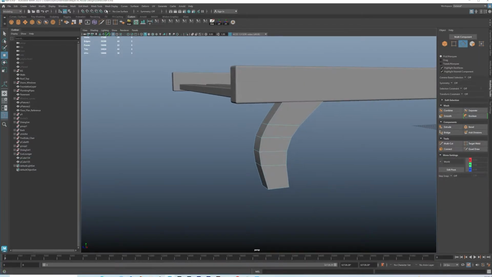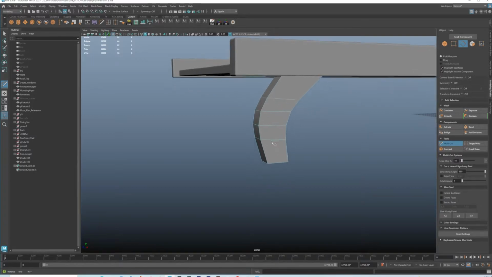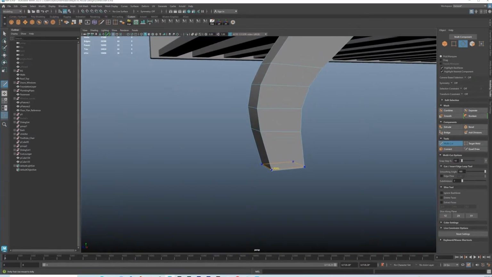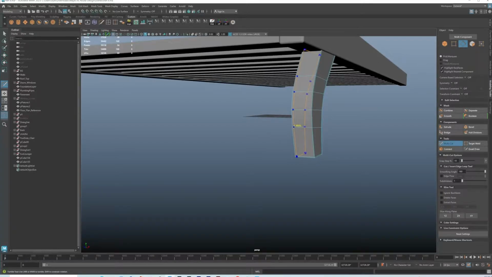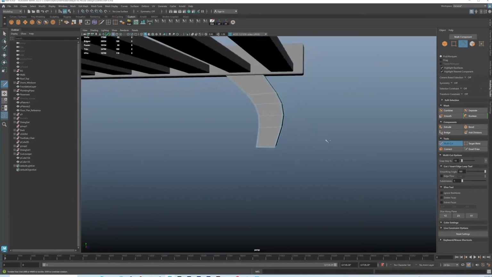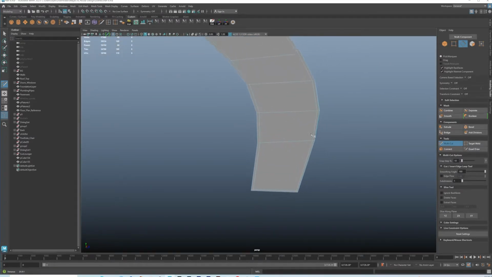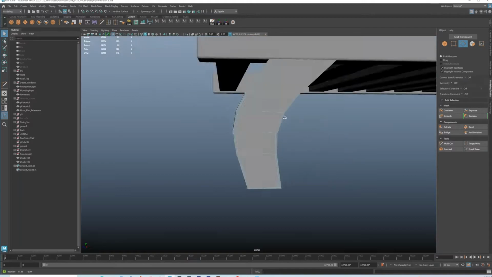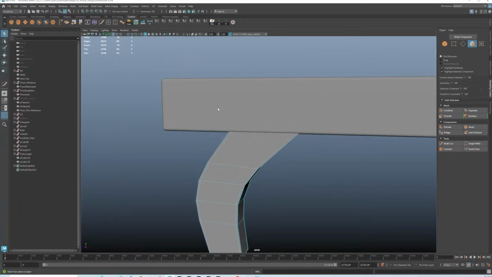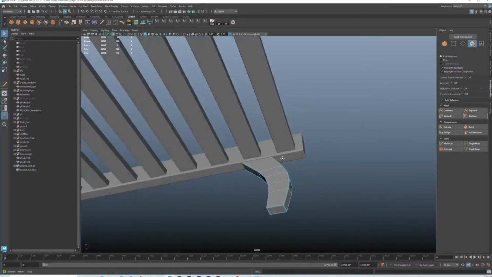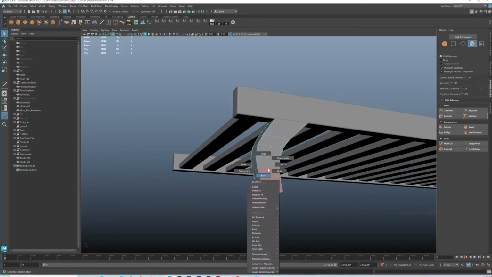For this one, I'm going to smooth it. So what we can do is we add some edge loops here, here. And for that top face, I'm going to delete it. Just select all, then deselect this one that I need. Let me try. Okay,